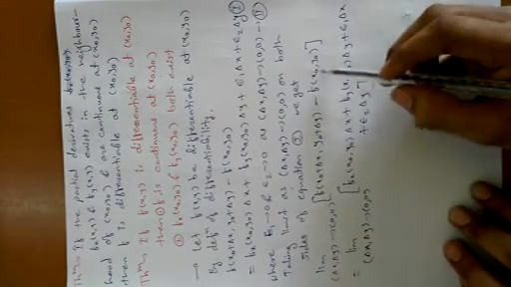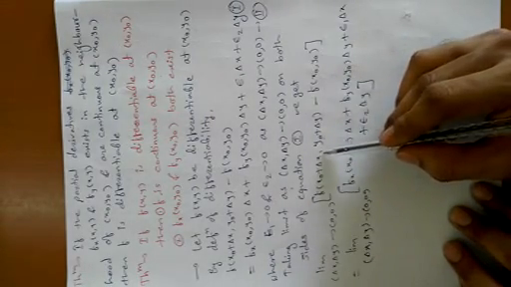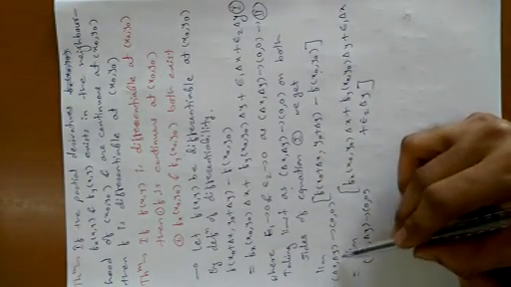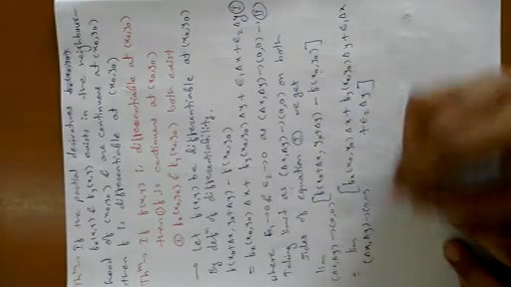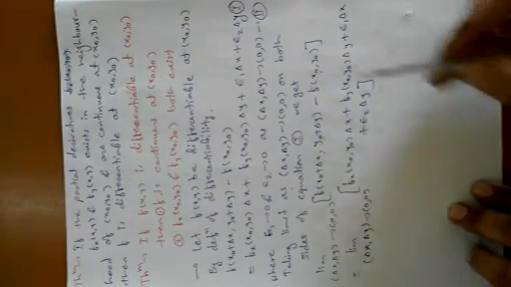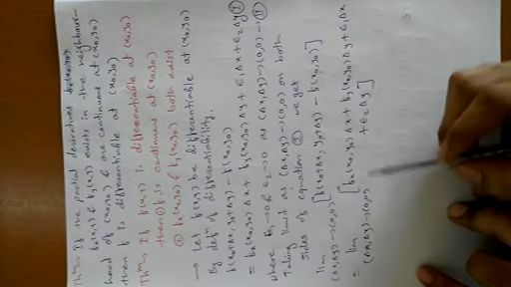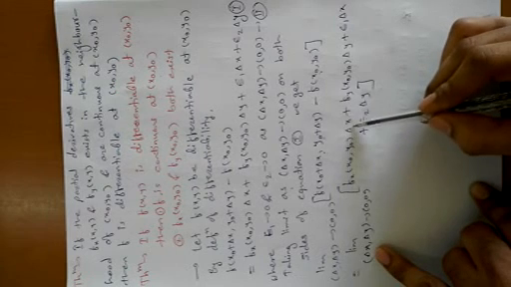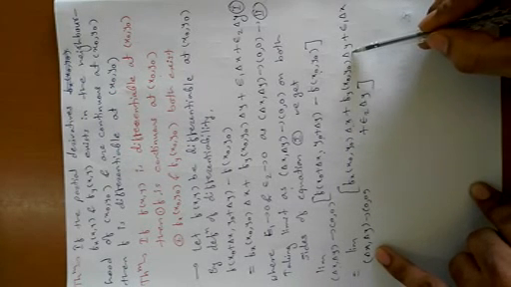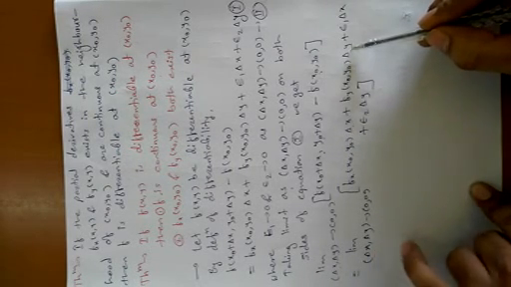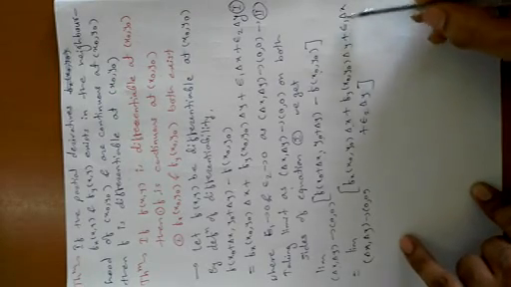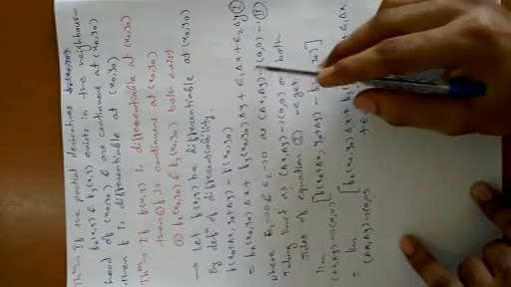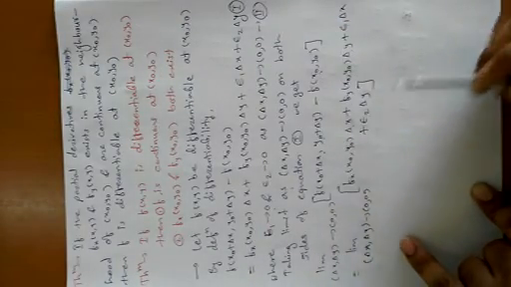Now observe at the left hand side, this is the first term and this is the second term. This second term is independent of delta x delta y, therefore there will be no effect of this limit on this second term. On the right hand side, in this term there is delta x which will become 0. In the second term delta y becomes 0. Here limit of epsilon 1 is 0, so this will become 0. Again limit of epsilon 2 is 0, so this will again become 0,